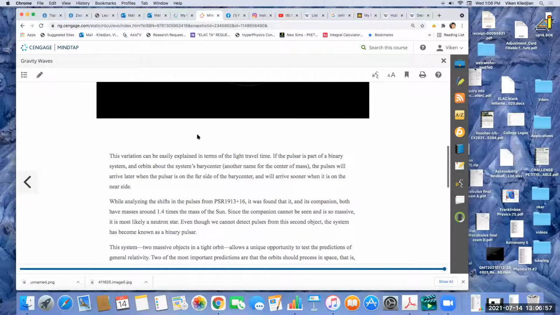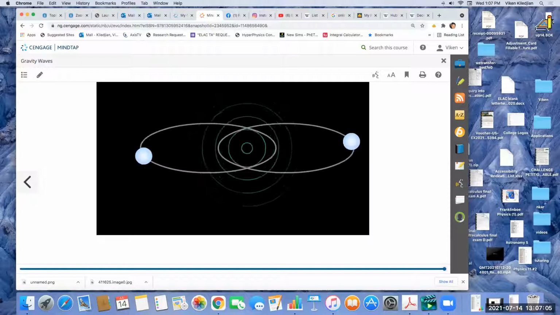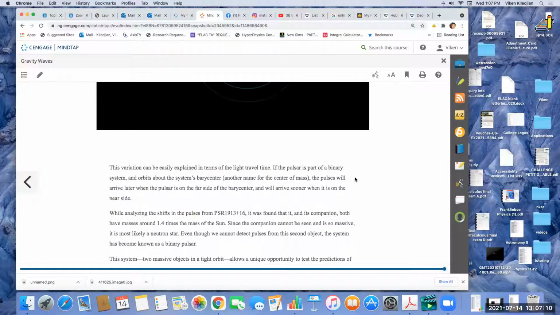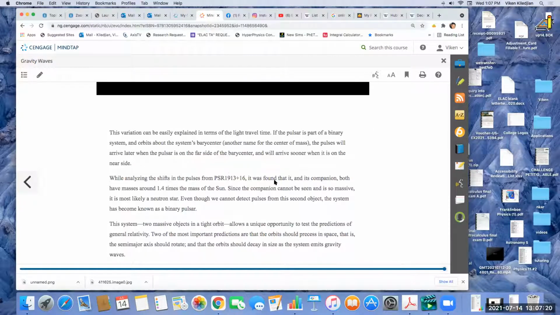So that means when the pulsar is on here, you see, quickly creates a pulse. And then, so when the pulsars are farther away, they're moving slower, you see. And will arrive sooner. So while analyzing the shifts in the pulses from PSR, it was found that it and